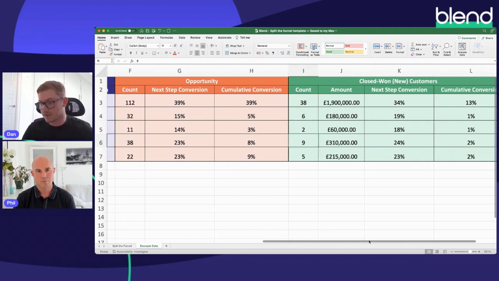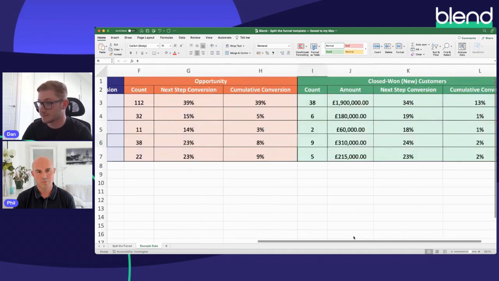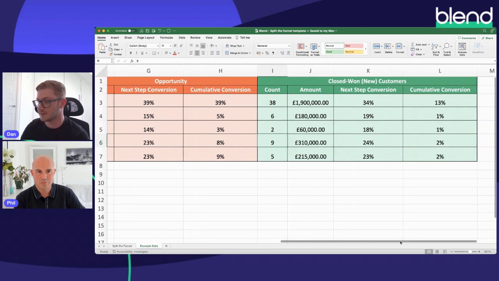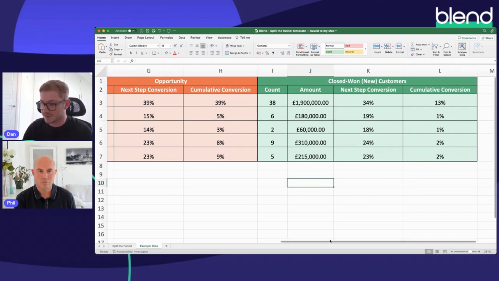Look at the conversion rate and the progression of your leads from different sources through your entire life cycle progression, and then just look at the outcome. You're very likely to see something like this. And I'd also add that you can really spice up this report and look at it in many, many ways. Like, you can then include stuff like CAC, ARR, budget, return on ad spend, sales cycle length, churn, by all of these lead sources.